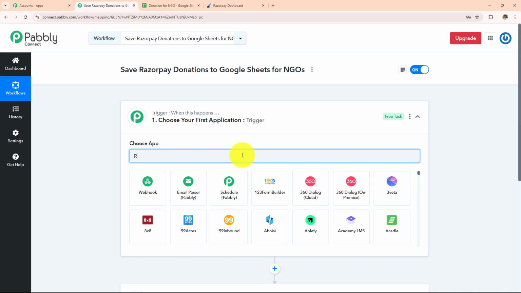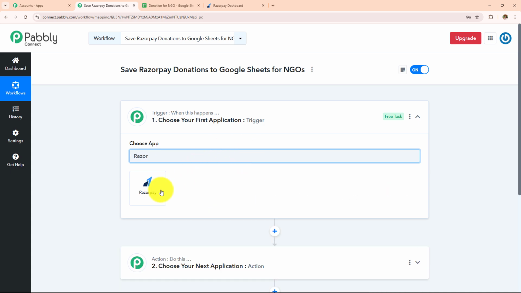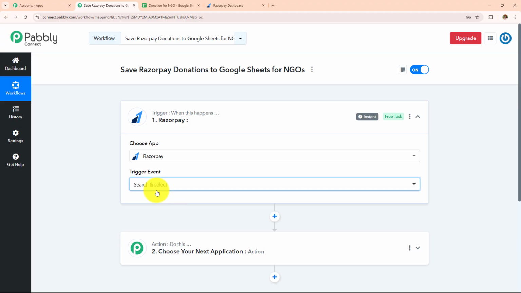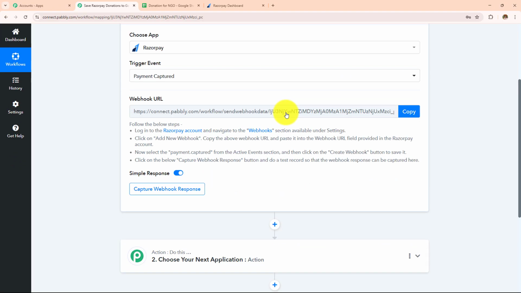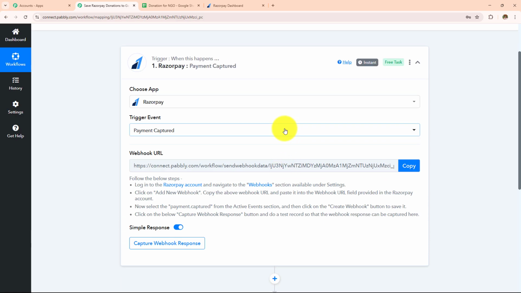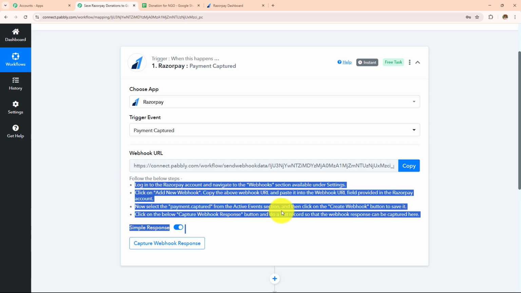In my trigger application, let's quickly take Razorpay. And then in my trigger event, I'm going to take this payment captured. Now I need to make a connection between Pabbly Connect and Razorpay, for which a webhook URL is provided to me. And this webhook URL is going to act as a bridge to connect my Razorpay with Pabbly Connect. So I'm going to build this connection, and to make this connection, let me open my